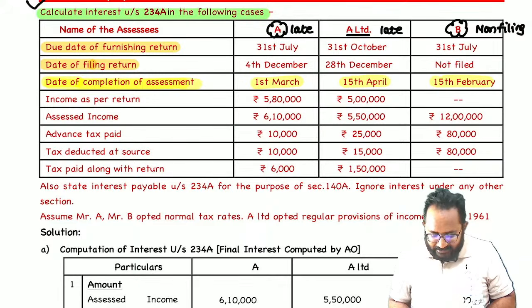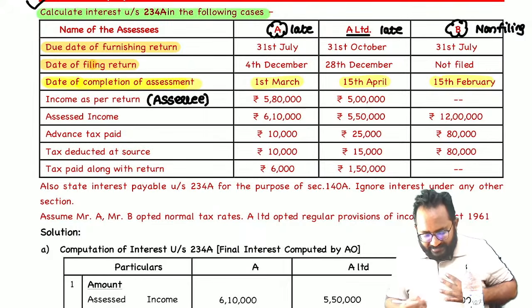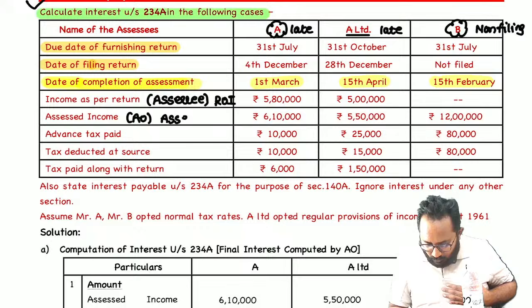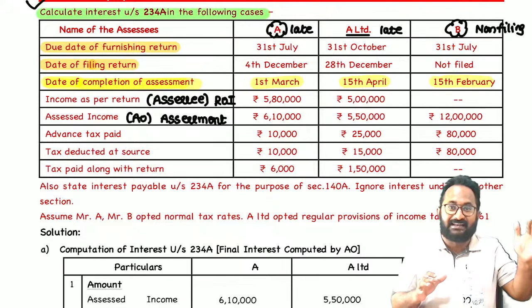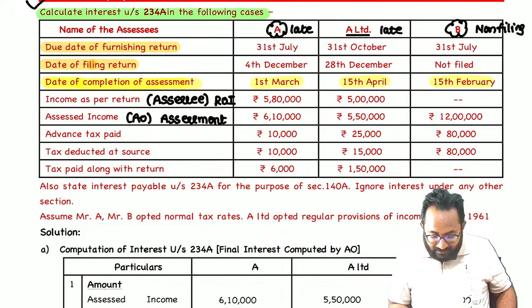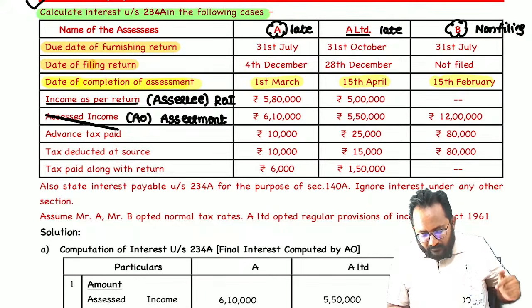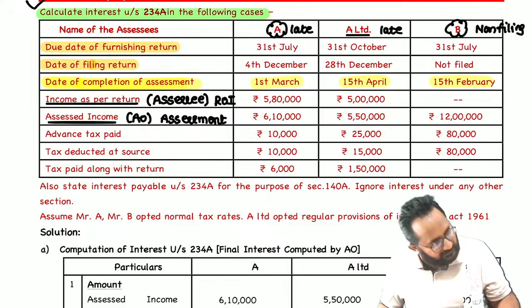Income as per your return means nothing but what? SSC, yes, he declared the income in his return. This is only that. Now, the AO identified the income in assessment, this one. Why did they give both? You know already. In this question, they will ask for SSC interest computation and AO interest computation also. They have given the income, not the tax. On this income, please calculate the tax. Then easily you can calculate the SSC determined tax and the AO determined tax also.